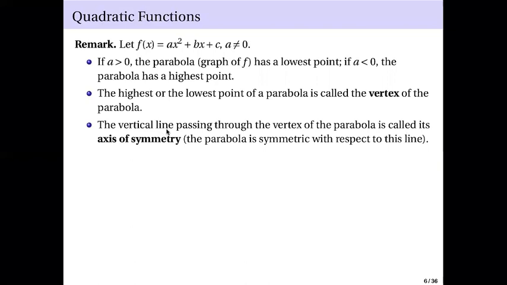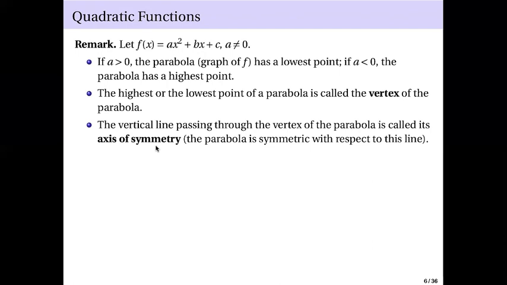Now, the vertical line passing through the vertex of the parabola is called its axis of symmetry. This means that the parabola is symmetric with respect to this axis. So whatever you see on the left, if you fold the plane along this axis of symmetry, the graphs